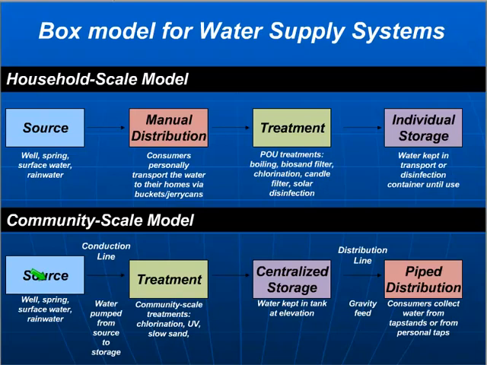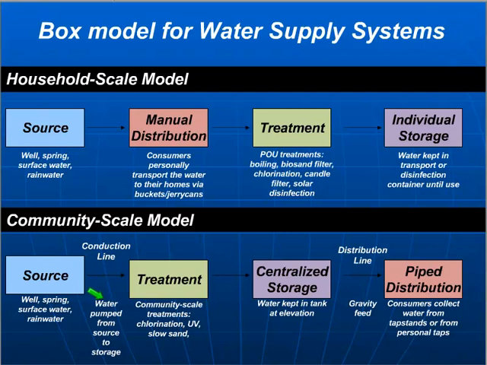There's no centralized storage, and that's in comparison to a community scale model where you have the same source area, and then you're going to have some sort of piped system, typically to a treatment system next. And then that's a centralized community scale treatment followed by some large storage container, and then from there the water is distributed to potentially connections in each home or community taps or however. And so the order of the treatment, storage, and things might change a little bit,